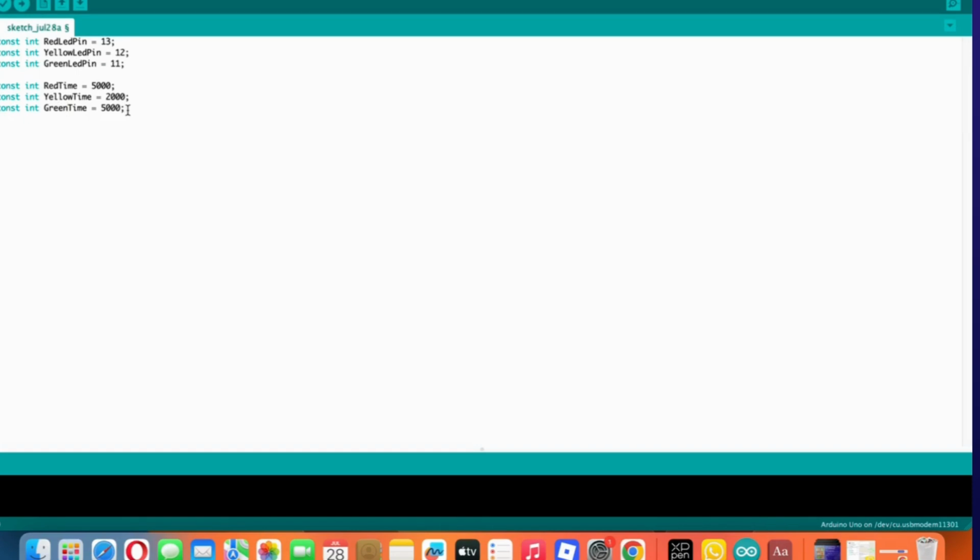Since we have declared all the variables, the next step is the void setup, which means these codes will be run once and they stop. Something I want to read over here is pin mode. I have to say that these variables, that is the red LED, the yellow LED and the green LED, are all the output. So I'm simply going to say pin mode,